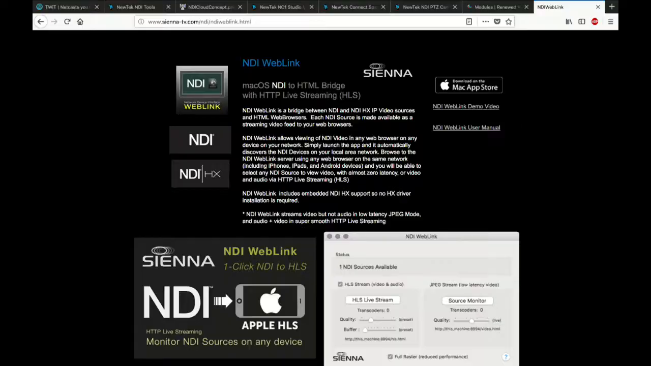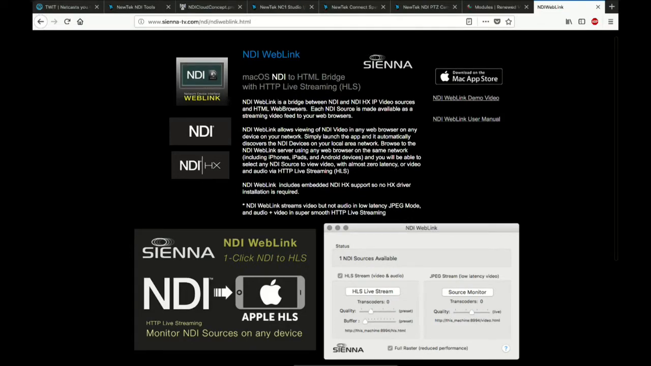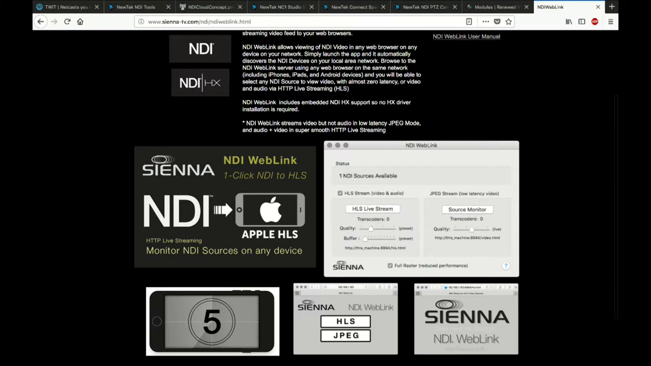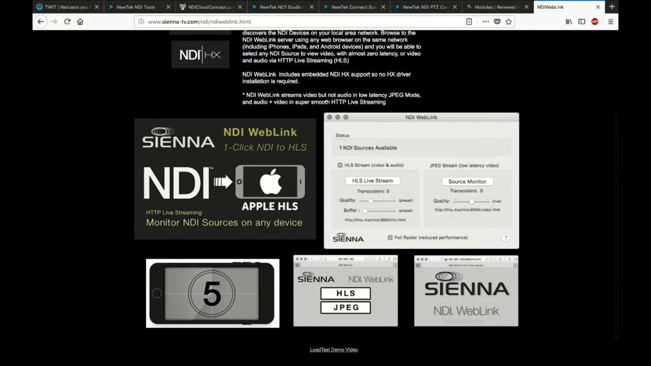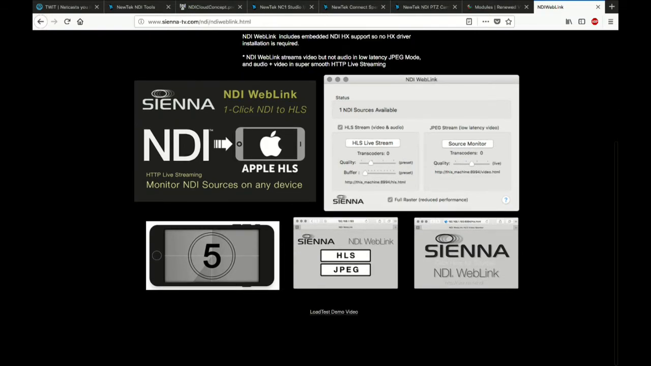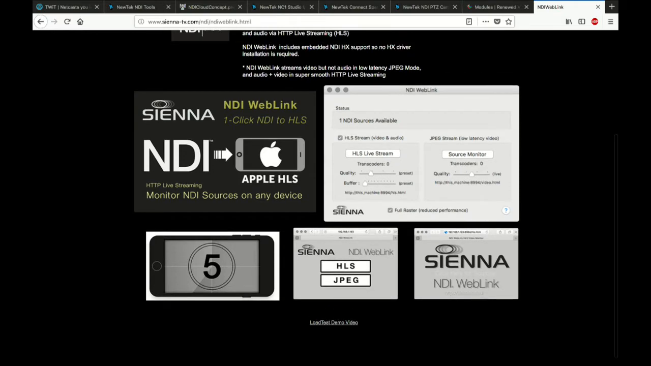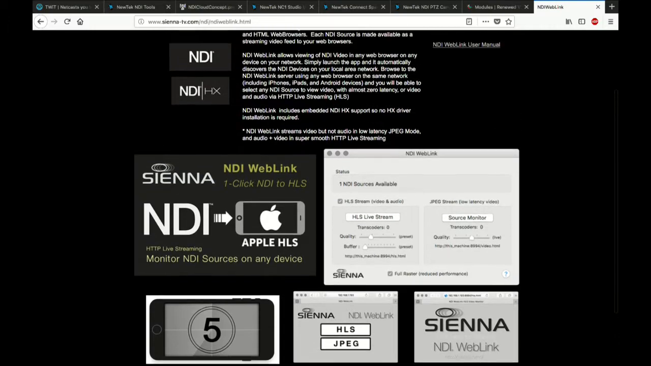This is what Sienna has right now. It's called NDI WebLink, and it's a bridge between NDI and HTML web browsers. Each NDI source is made available as a video feed to your web browsers. Since they are Mac heavy, it's a Mac app, and then you can view it on an iPhone. You can see some of the photos. So they're essentially using the infrastructure they're building for wide area networking, and this is kind of the entry level of that. It's kind of neat, the WebLink includes the embedded NDI HX support,